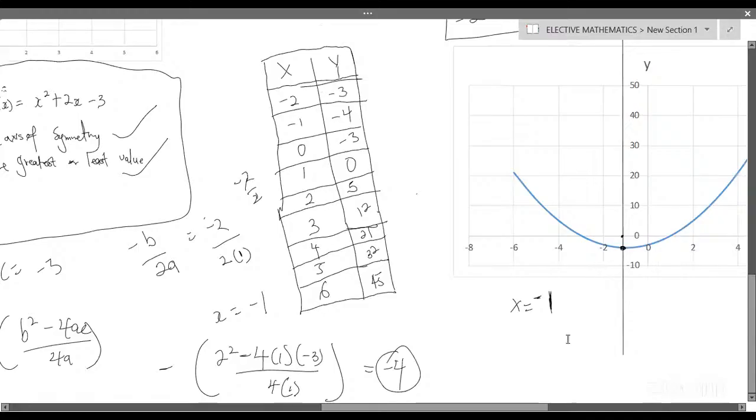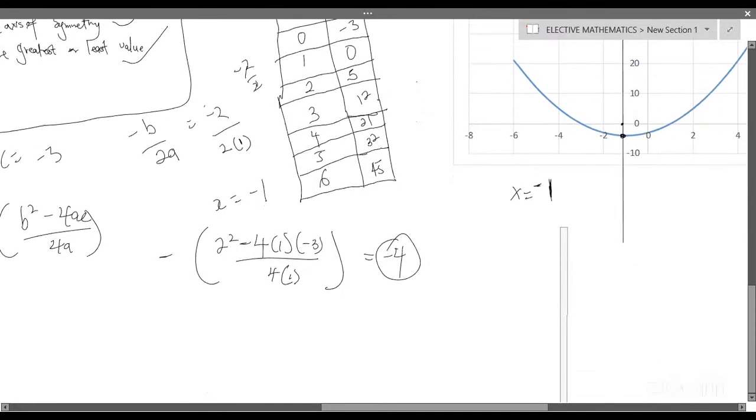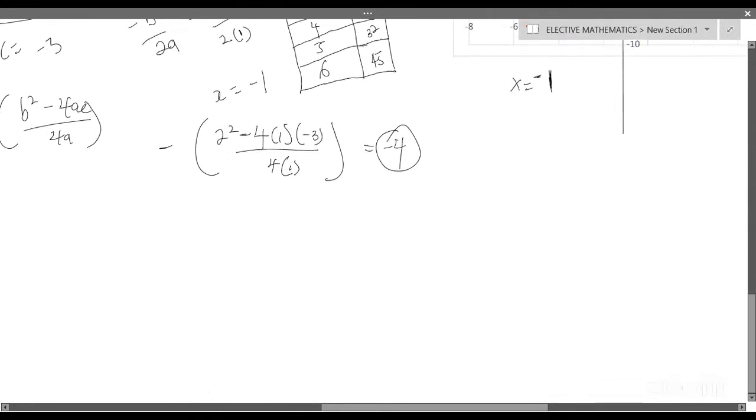Now try this one. Find the minimum and the, so find